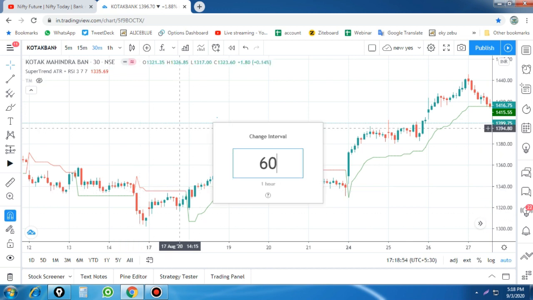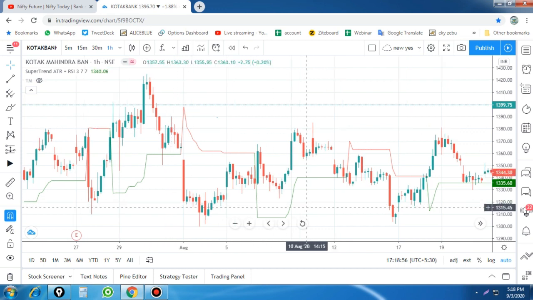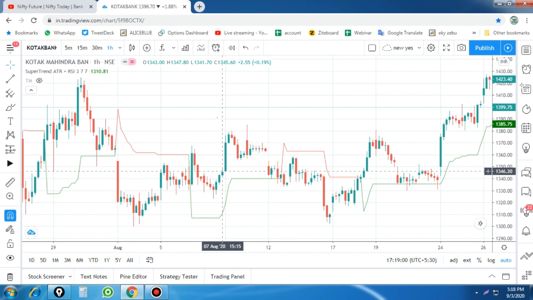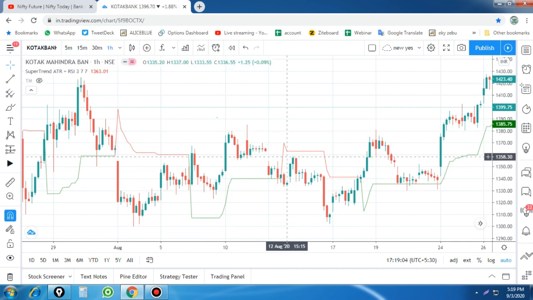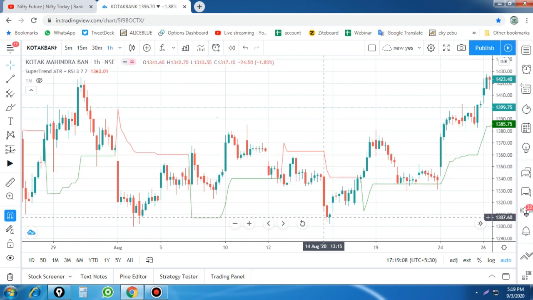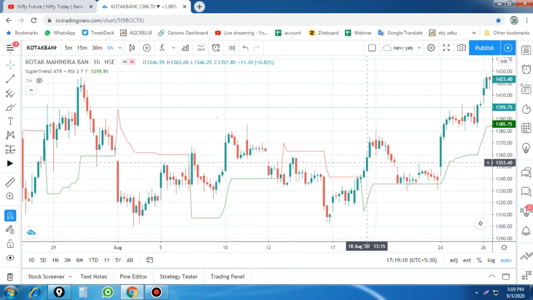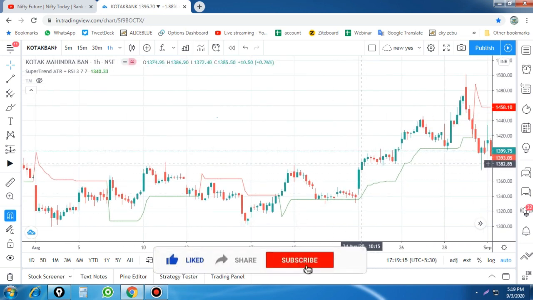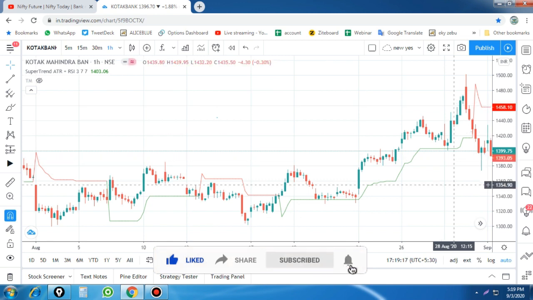So I will show you the 16-minute chart. Here you see that it is very flat, and again it spikes out, so there is a small buy signal and it immediately spikes out. Here it gives you a sell signal and goes a little bit down, so if you have taken it here, the stop loss is not triggered, and after that it fell down. Here is a buy signal, it went up, and after the stop loss we got a second trade opportunity here, and it works well.